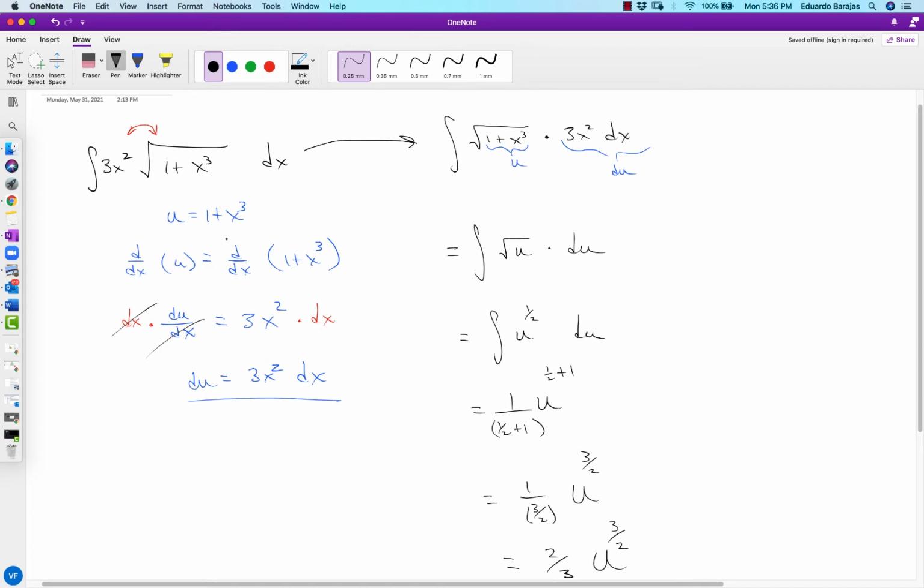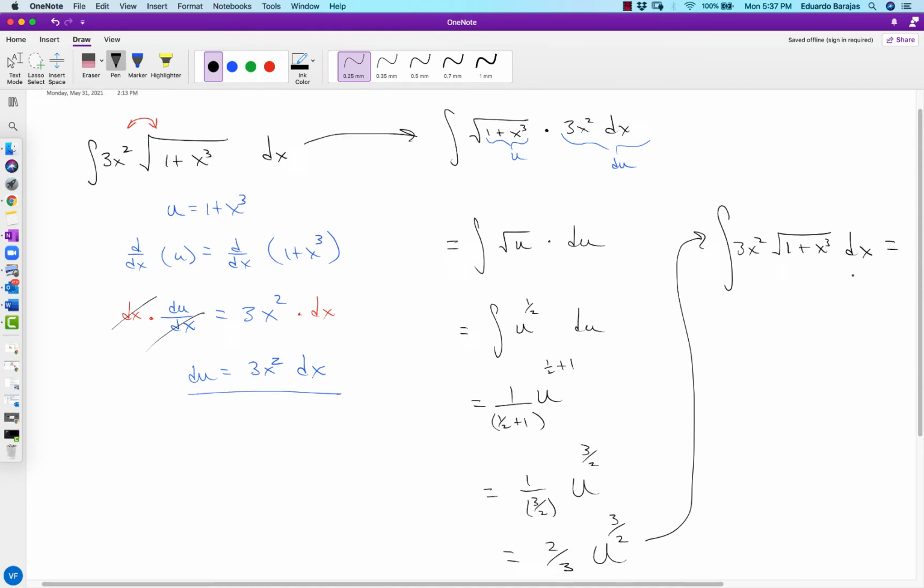In u, of course, the original one was written in x. So now what I have to do is say that the question I really wanted is going to be equal to this one, where I resubstitute the u, which is equal to 1 plus x cubed. So my final answer then is going to be that the antiderivative of 3x squared, square root of 1 plus x cubed dx, is equal to,